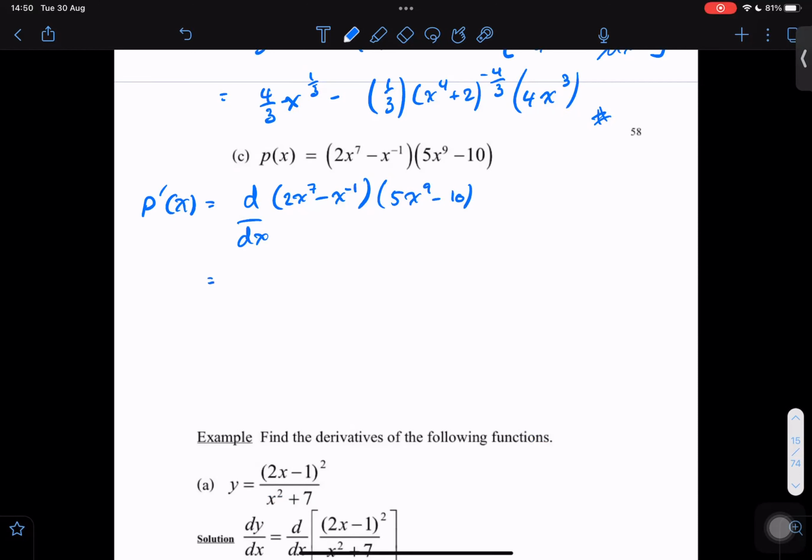This is the multiplication, so it becomes 2x to the 7 minus x times d of 5x to the 9 dx plus x to the 9 minus 10 of